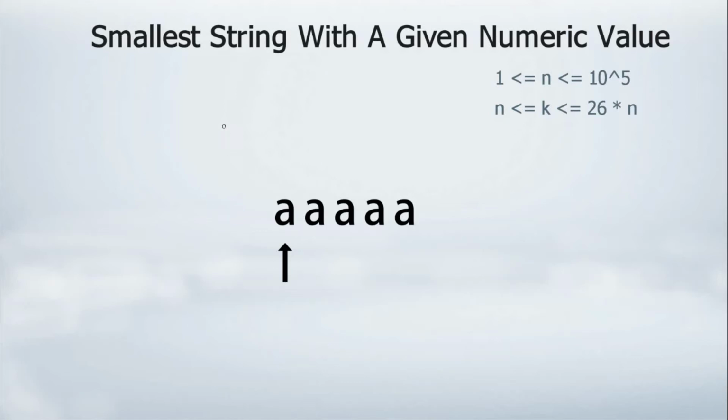Hello, today we are solving this problem: smallest string with a given numeric value. In this question we are given two integers n and k. Now n is the length of the string and k is the value of the string that we are required to return. Now we can simply understand what is the meaning of length of the string, but what is this